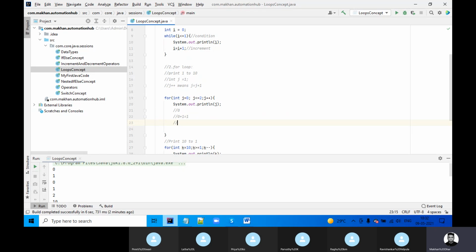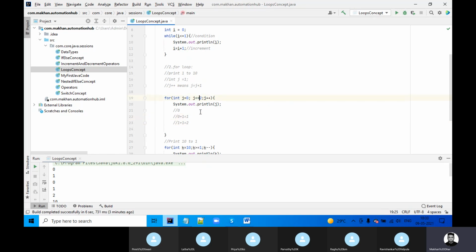Then 0 plus 1 equals 1. The current value of j is 1, then it takes 1 again, so 1 plus 1 is 2. What I am saying is the current value of j is less than or equal to 2. Since it is equal to, it will touch 2. If I just say less than, then it will only print 1, and it will not print 2, because it should be less than the maximum value.